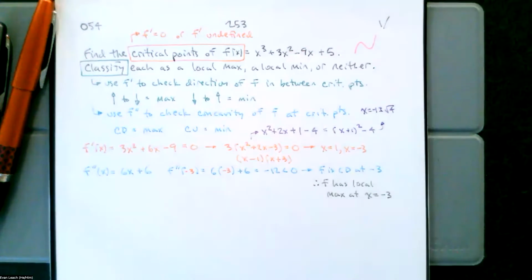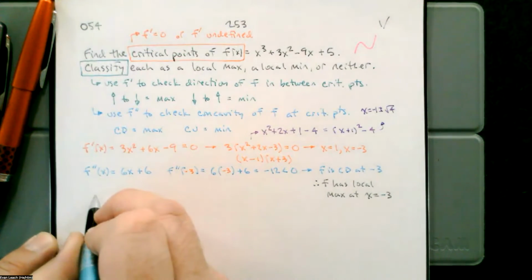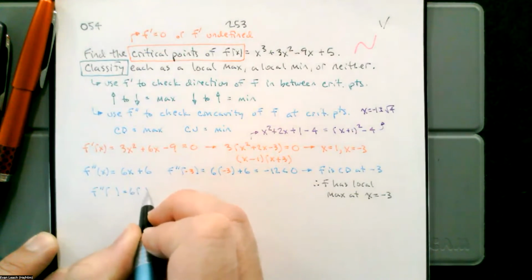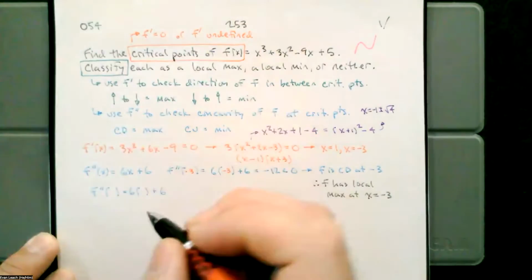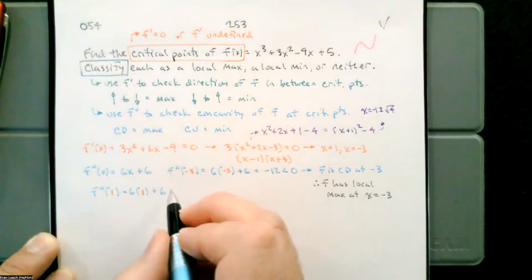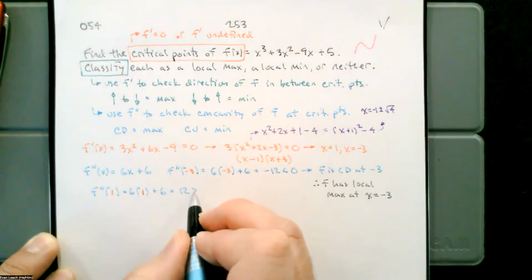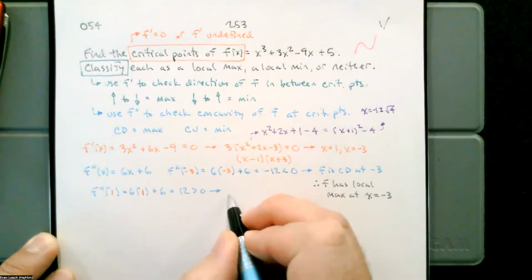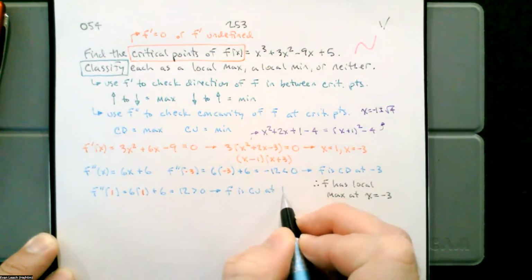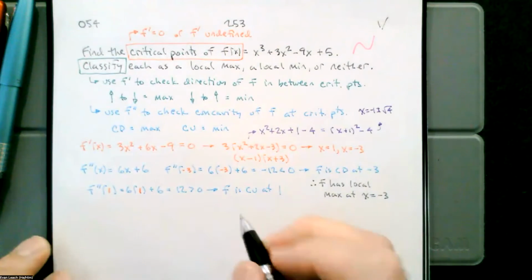Then we need to check the one, and the other thing is going to happen. So f double prime at 1 will be 6 times 1 plus 6. So it's going to be 6 and 6, 12, which is positive, which tells us that f is concave up at 1. And so we'll conclude, of course,